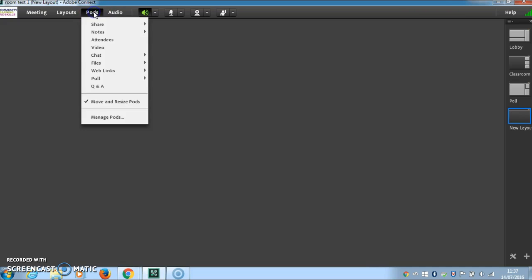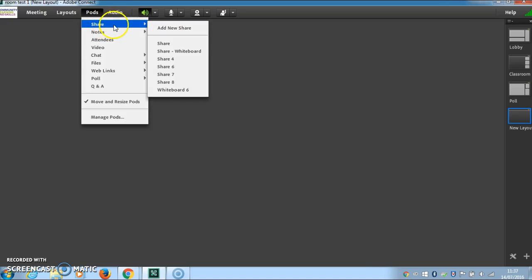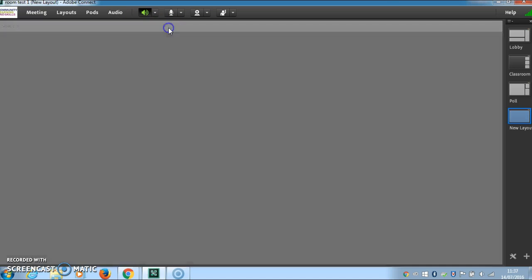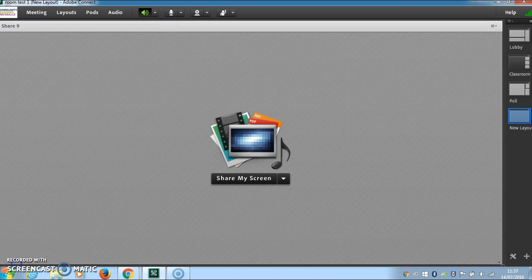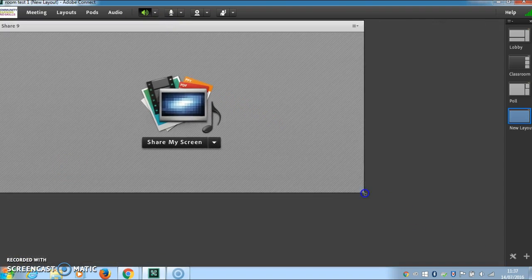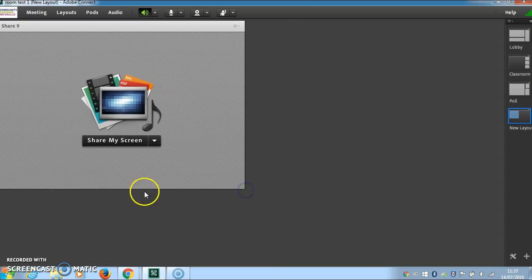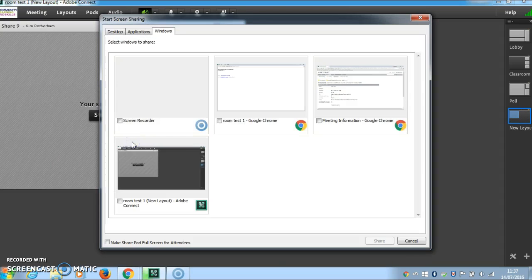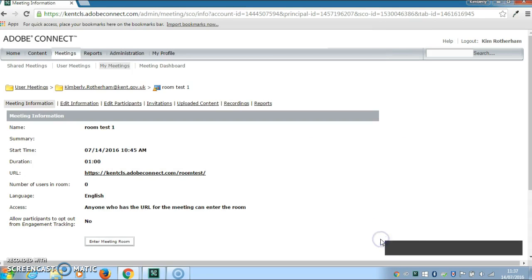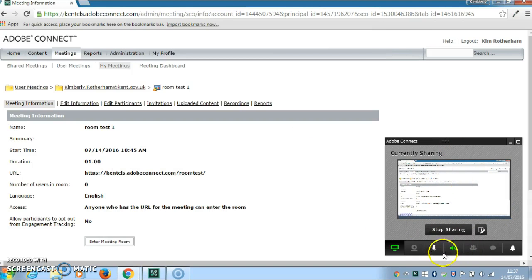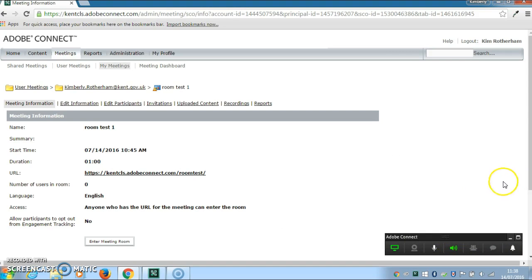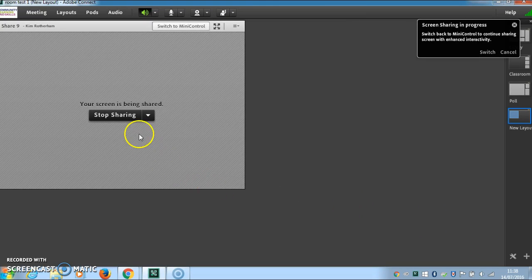So to add a new pod, click on the pods option, hover over share, and click on add new share. I'm then going to reduce the size, and to share your screen, click here. Select what you want to share and click on share. As you can see, you've got your toolbar here, and to stop sharing, click on this button here and click